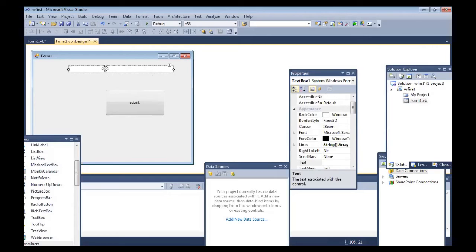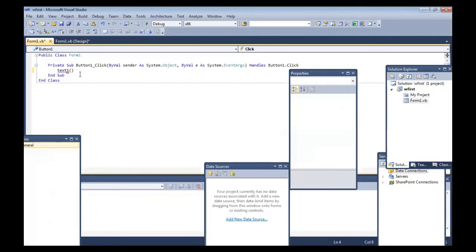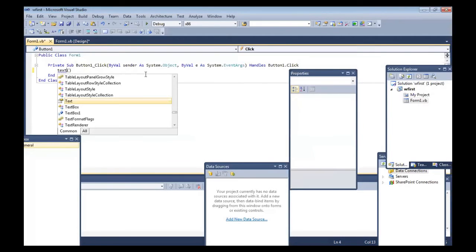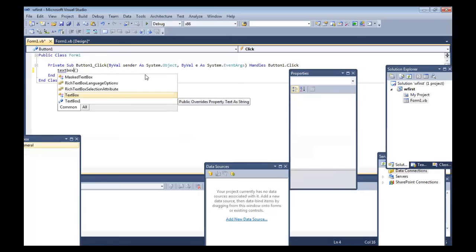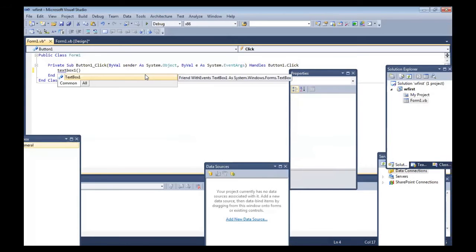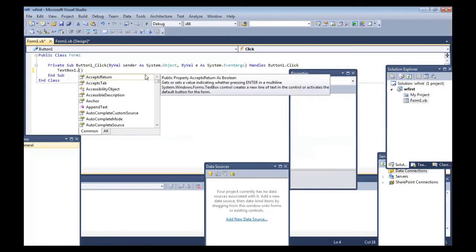By default, the name of this is TextBox1. This is the name of this control. So simply double click. TextBox1 is the name. TextBox1 dot, what do you want to display? Text.